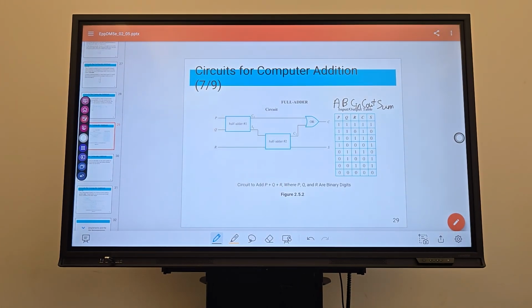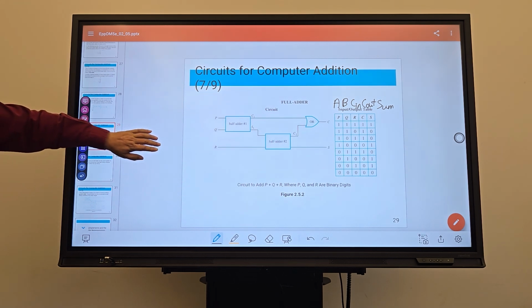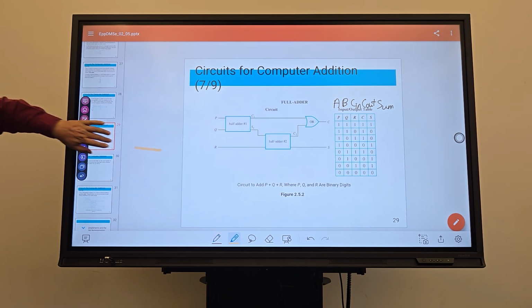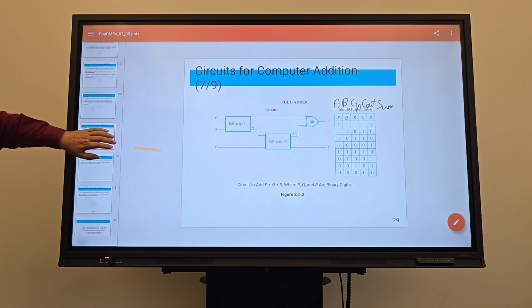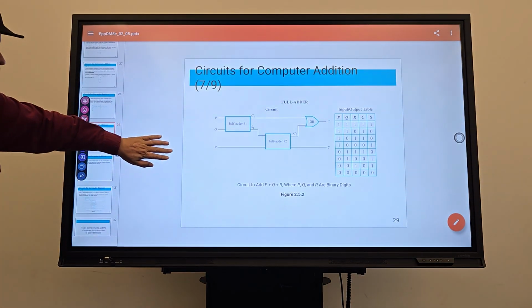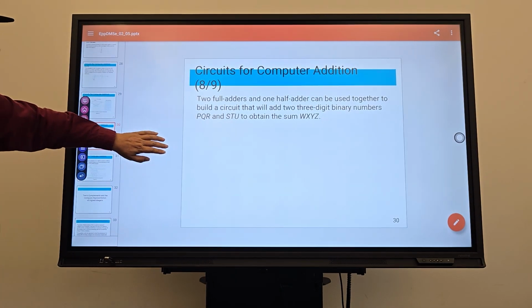They're just using P, Q, and R, and C and S as inputs. But the A and B input, and then the C carry in from the previous circuit is brought in, and then the carry out and sum. How these are linked together is